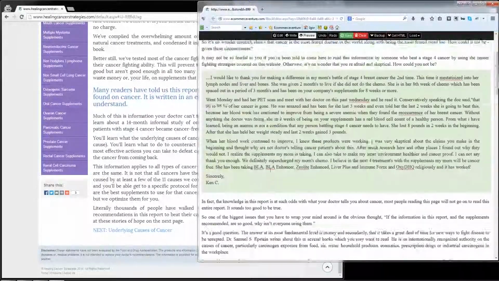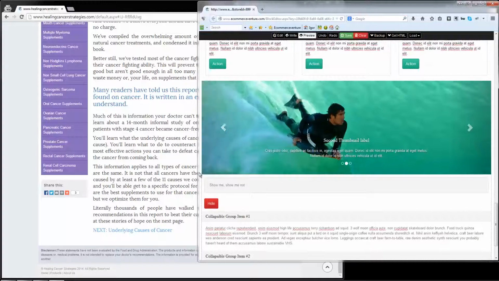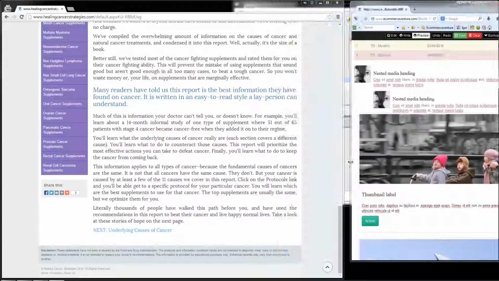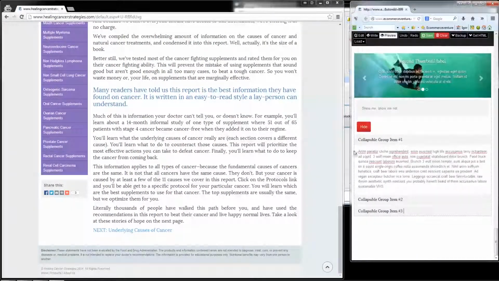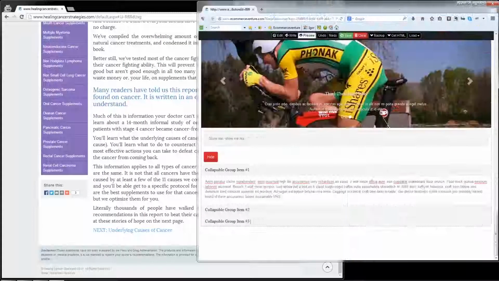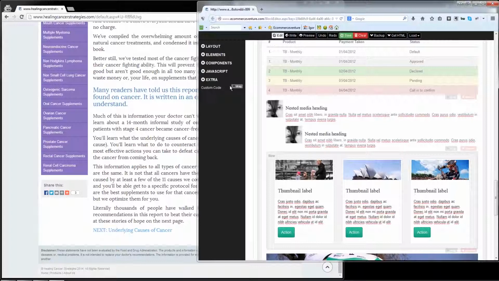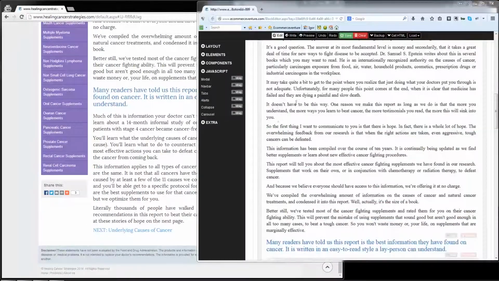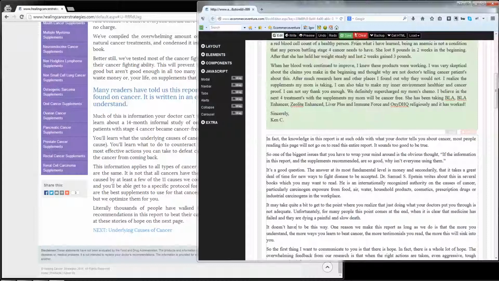So everything that you see here, again, is going to be mobile friendly. So as you shrink it, it's going to shrink itself. And it's going to look exactly the way you see it on this page. You can also create your own custom code, and you can create custom modules that will work with Shopping Cart Elite. Once you're satisfied with the way your page looks, you simply press save,